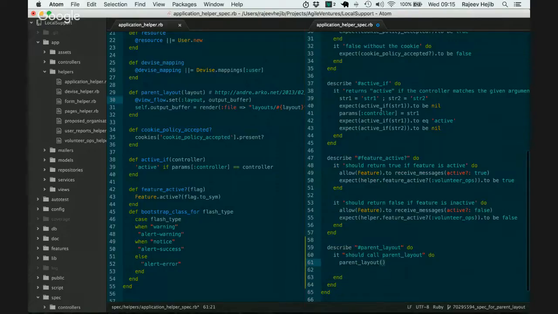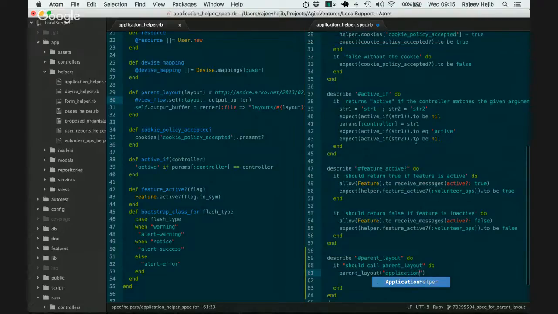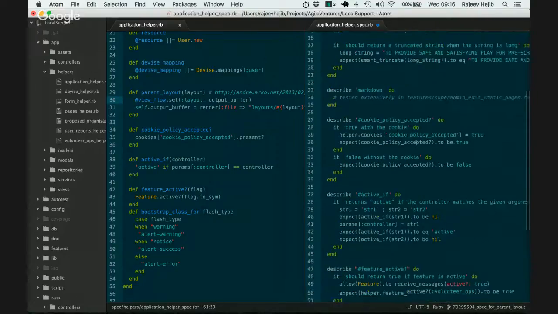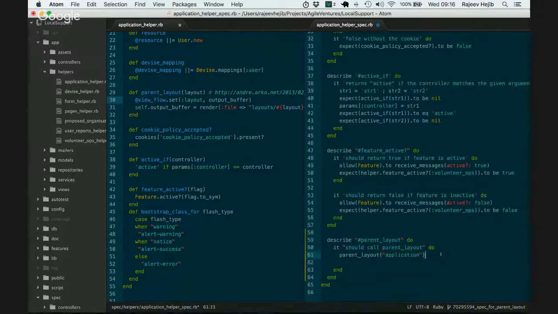So just say parent layout. You could try that. Yeah, and pass it a string. Application is the way it gets used throughout all the other places. Is it the string everywhere? It is a string. Yes. Okay, so what we could just do is now save that